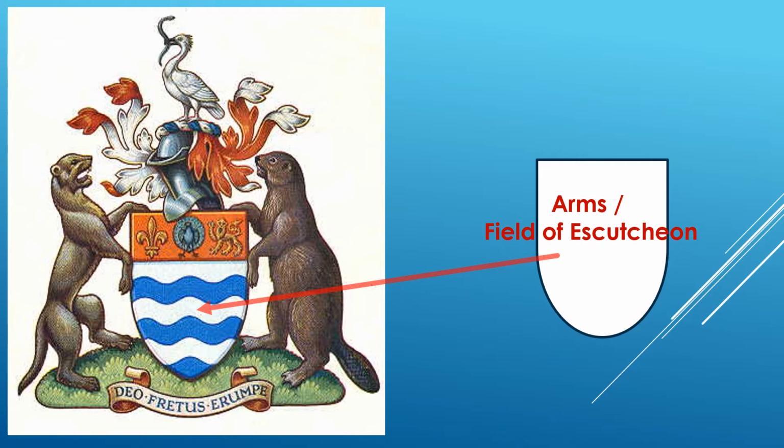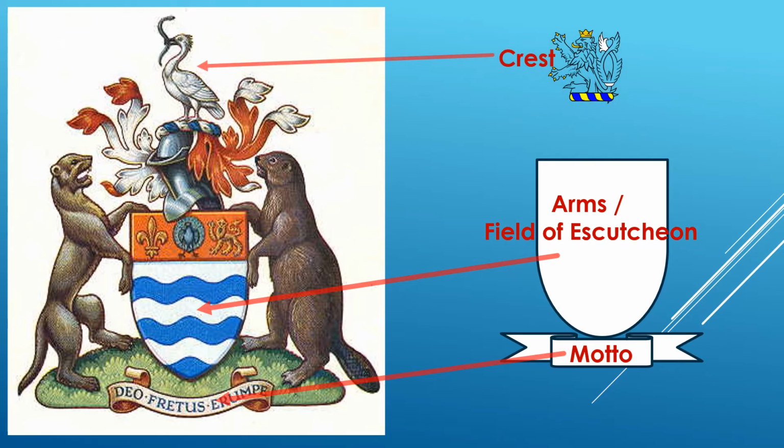Sometimes this is the only grant of arms that is permitted for, say, a school or a college or a commercial company. To this might be added a motto. With a little more complexity, there comes a crest, and the crest is usually mounted on a wreath or torse,